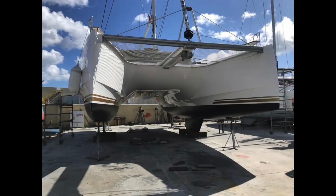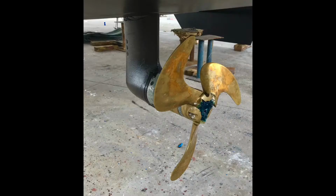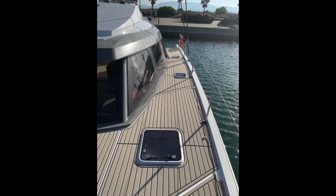The boat is currently berthed in a marina that has a lift so that inspection and survey can easily be arranged and carried out. She has upgraded folding bronze propellers attached to the sail drives, helping to improve speed and performance. The side decks are